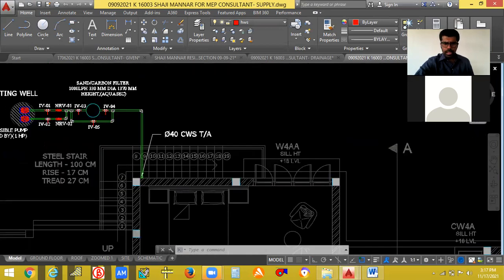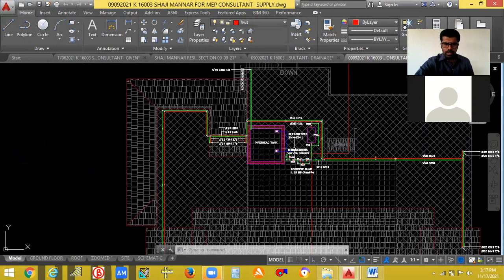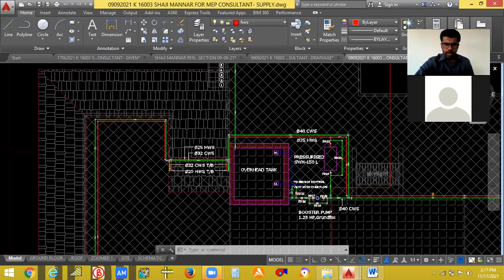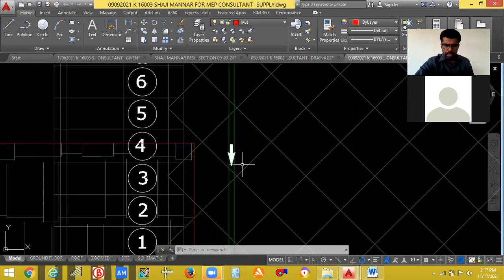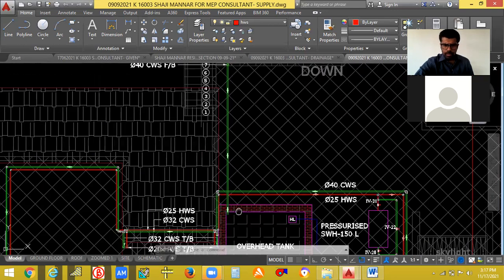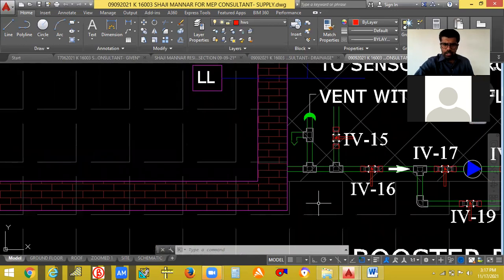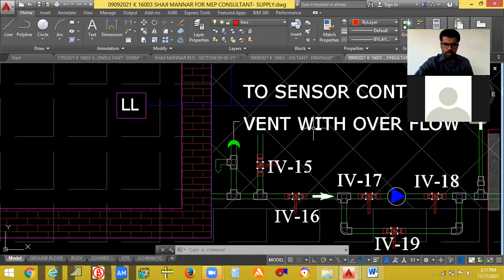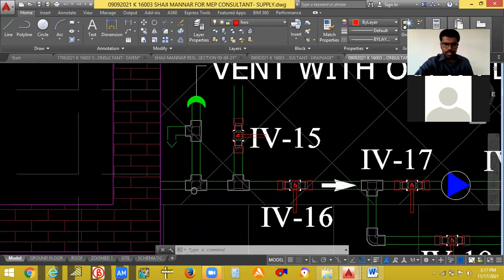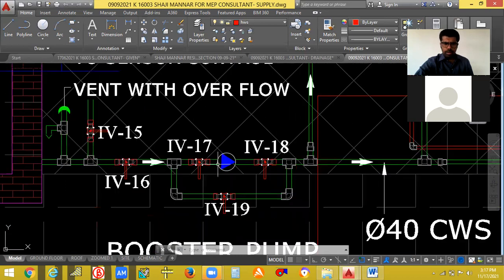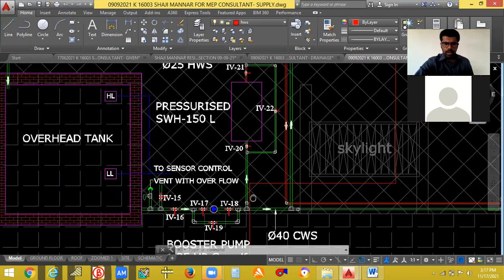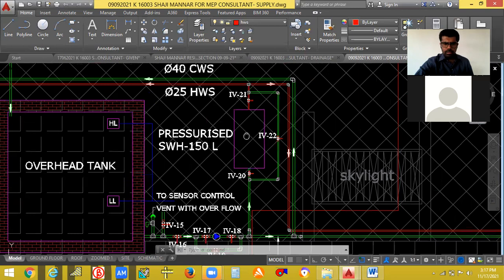And let's see what happens here. From below, it is coming here. This pipe is coming here, and it is entering into this overhead tank. From the overhead tank, you can see here. This is the vent and the overflow. You can see the different fittings. Booster pump. So the rainwater, solar water heater.